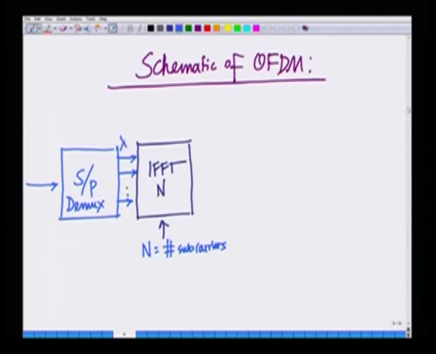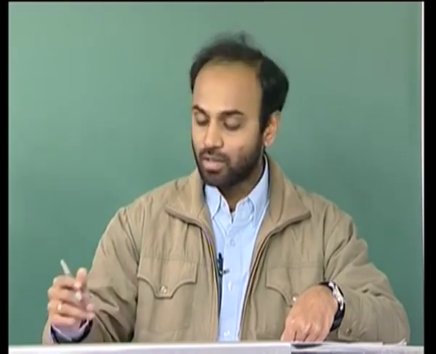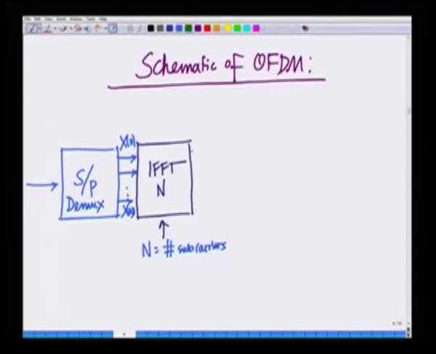Okay. So the symbols x0 to xn minus 1 are going into the IFFT. That is, what is going into the IFFT are the actual constellation symbols. These are the constellation symbols such as BPSK, QPSK, the digital symbols. What comes out of the IFFT are the samples which are to be transmitted and which correspond to the signal. So I get the samples to be transmitted,